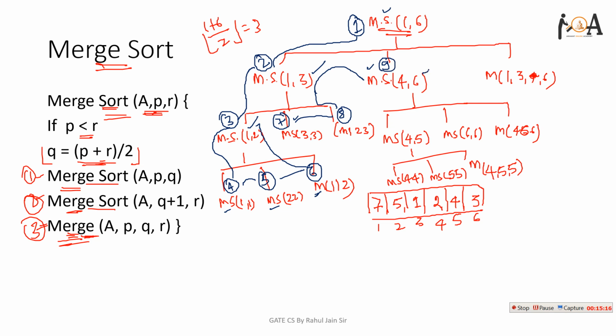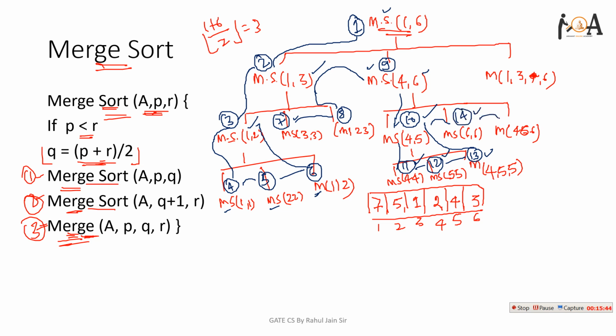This is not yet executed, it will call merge sort 4 5. So the 10th time this function will be executed. After that, merge sort 4 4 will be called and executed. After that, this function will be called and executed. After that, this function will be called and executed. After that, I will reach this function, which is now executed. Now merge sort 6 6 will be called, as the 14th function.